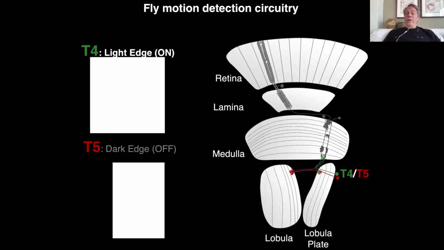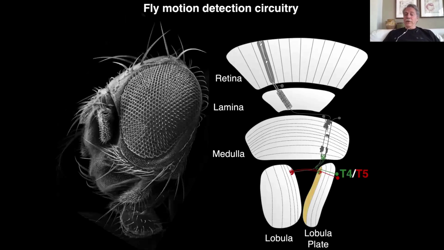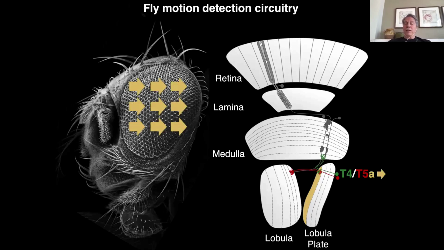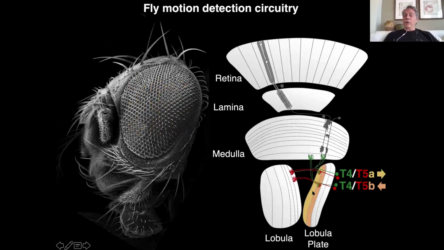One T4 is a neuron that collects information from the depth of the medulla and projects only to the first layer of the lobular plate. And these neurons are always involved in front to back motion. When you fly at high speed, the world basically goes front to back, and therefore those neurons are going to be important for detecting that. And same thing for T5, they also project here, but now they go to the first layer of the lobular plate. In the second layer, you have the type B neuron, which goes back to front.